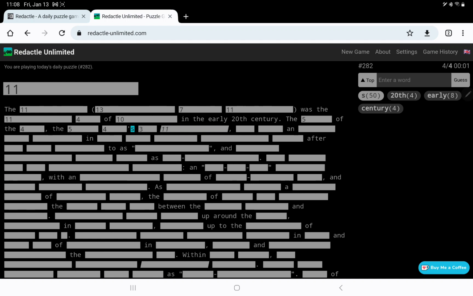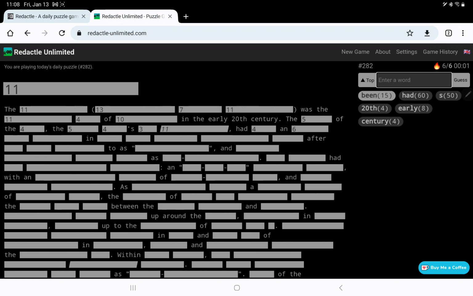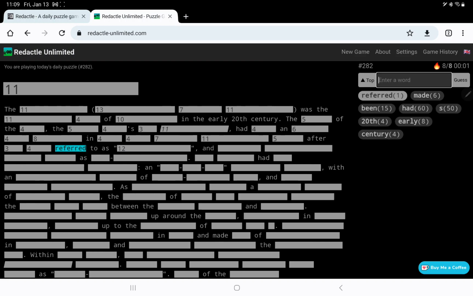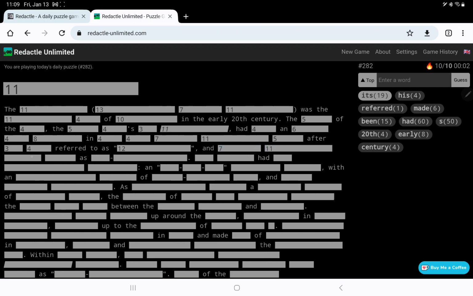Is it the child? No, it's something I think with a name, but also 11 letters. 3, 4. Was, no, had been, no, had made, no, had something, and 6, 4, 8 in 4, 4, 7, 11, 5. After 3, 4 referred to after something, after his, after its, after something referred to as 12, and 7 something, 6, 5 as